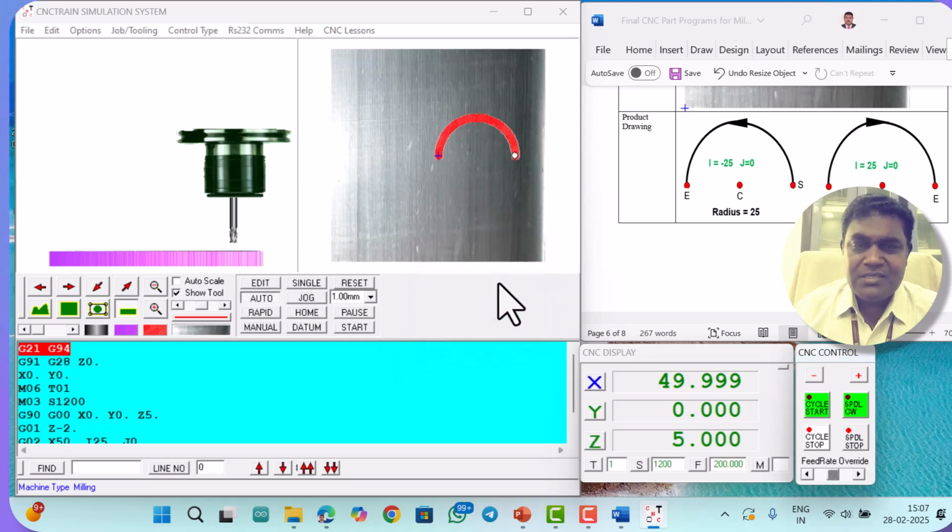Okay, so likewise you can use the IJ method. The only thing is that with reference to the starting point, you count how many units the center point is shifted in the x direction and y direction. X direction value is I and y direction value is J. From the start point towards the left, the I value is negative, towards the right the I value is positive, and above the start point the J value is positive and below the J value is negative. That also you can see in